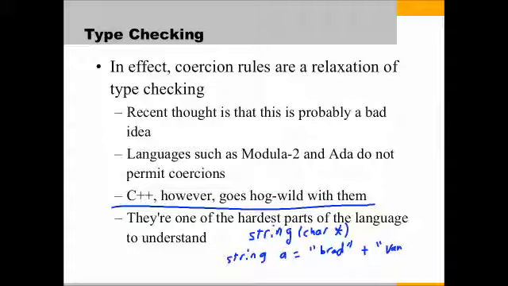And in fact, a C++ compiler will treat this as an OK operation because even though it looks like a char star plus a char star, what C++ will do is realize that it can stuff a char star into a string constructor and produce a string, and therefore it really can convert both Brad and Vander to strings